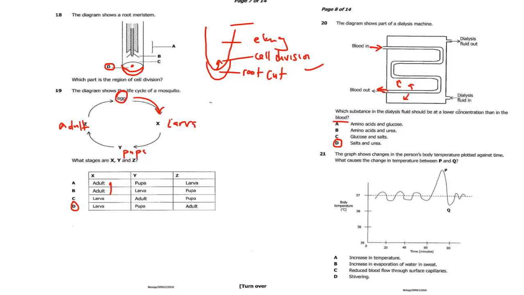Question 21, the diagram. The graph shows the changes in a person's body temperature plotted against time. What causes the change in the temperature below? The temperature was high, then all of a sudden it started falling to Q. Increase in temperature? No. Increase in evaporation of water in the sweat? No. Reduced blood flow through